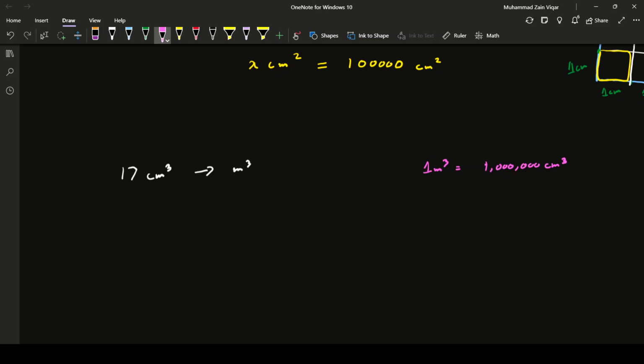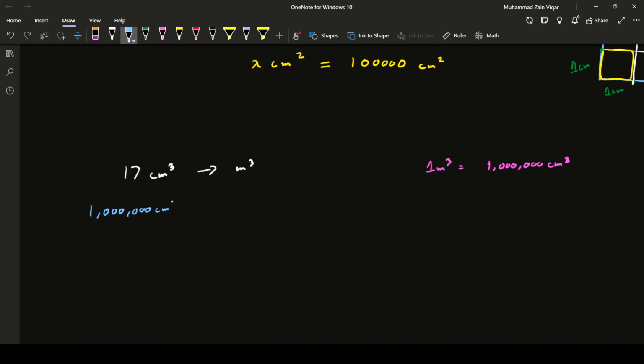So this was the conversion of meters. That is something I could simply write here, 1 million, or we could write this in scientific notation as well: 1 times 10 to the power 6 centimeter cube